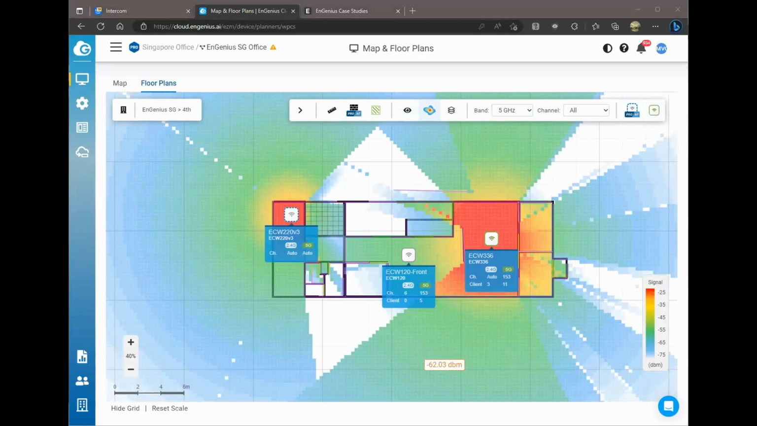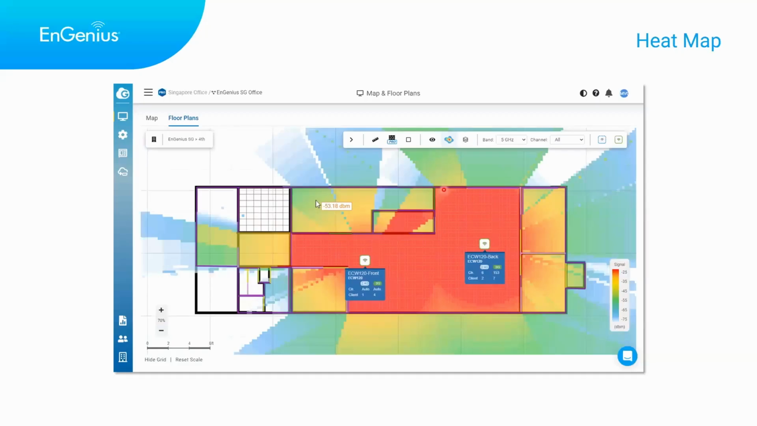Now, heat map is very important to figure out the placement of the access points, what model you're going to deploy, as well as how many you need to deploy. But why do you need to do this for channeling? So another